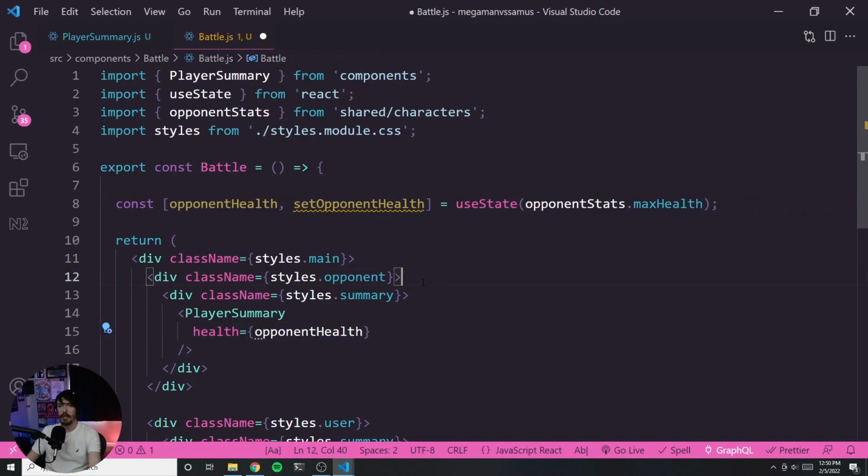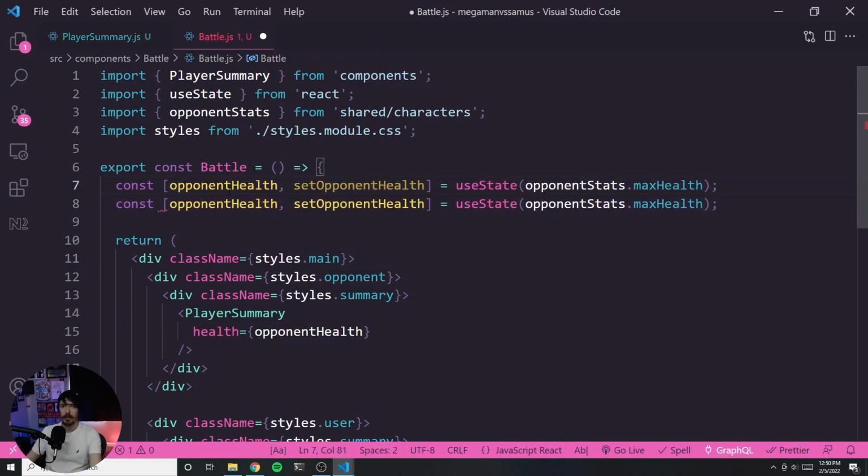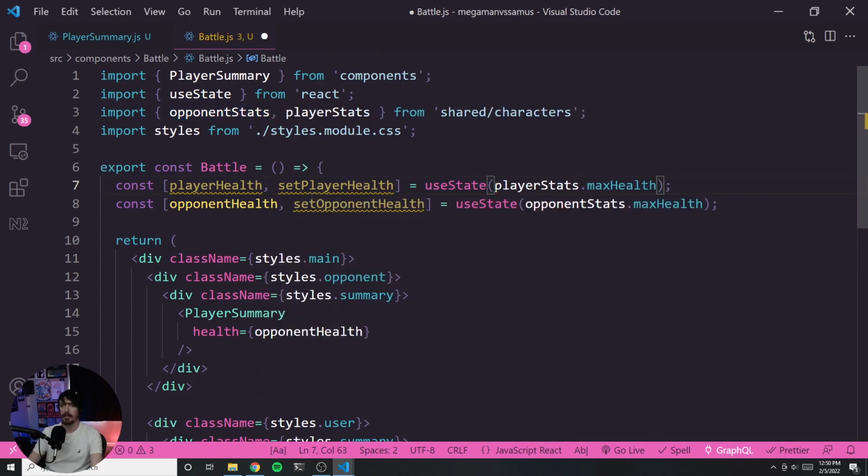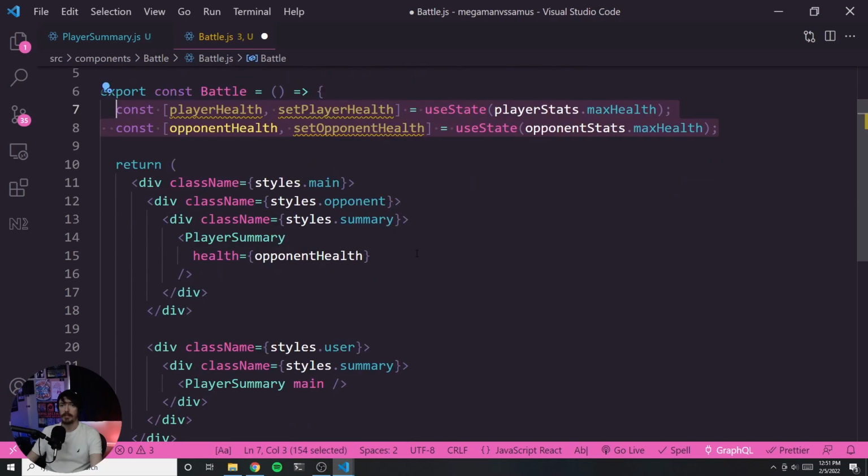So make sure I don't have a typo there. And I'm going to do the same exact thing for the player health. Or I guess we could call it, yeah, let's call it player health. So player health and set player health. And we want to set this instead of equal to opponent stats.max health, we're going to do player stats.max health. So now I'm importing both of those, initializing these pieces of state, and now I can pass in the health